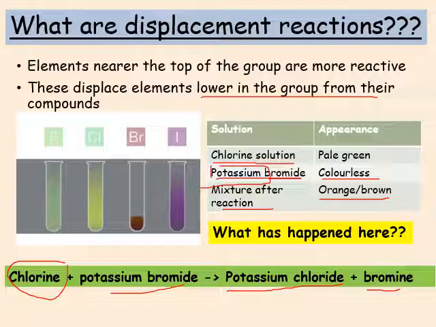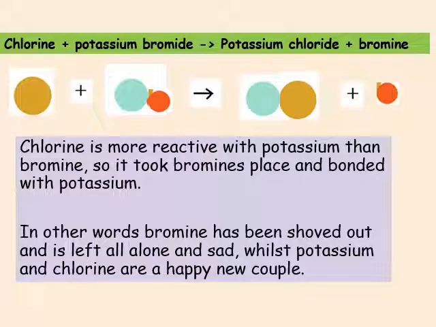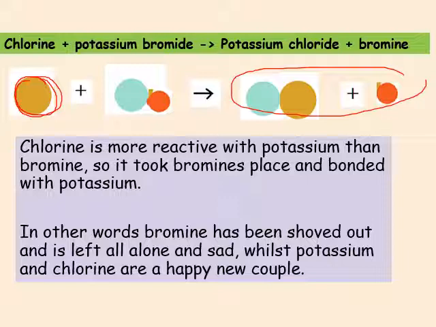Now this is a displacement reaction. And it's really easy to see that here. So imagine this is a chlorine atom in the chlorine solution. The reason it's changed its colour is because at the end we have two different products. So we start off with chlorine solution, so that means it's a liquid solution of chlorine. Now we add that to potassium bromide. This blue one here is potassium, and this is bromide. This is chlorine. We react them together, and because chlorine is higher up on the halogen table,